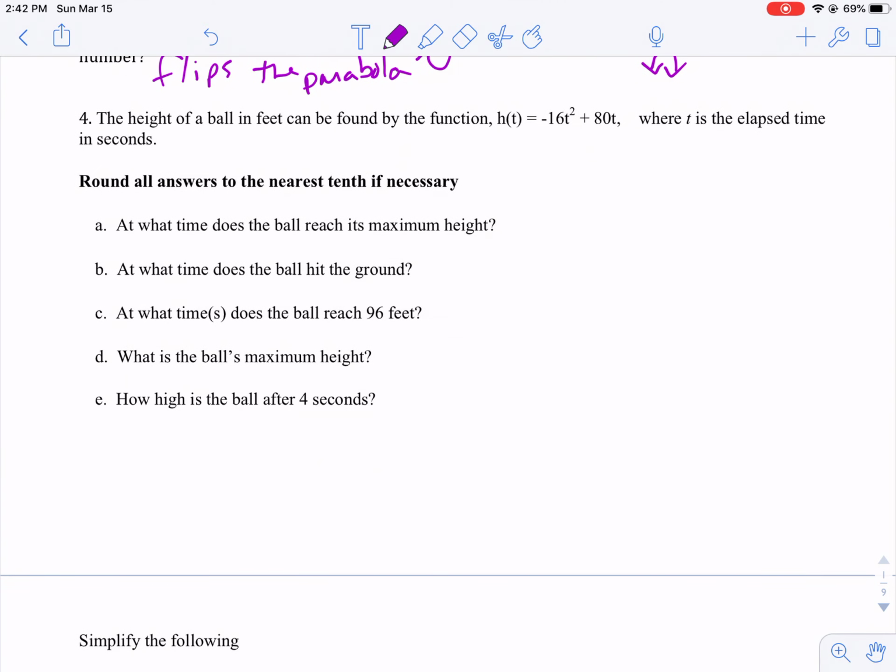All right, number 4, the height of a ball in feet can be found by that function. T is the elapsed time in seconds. Round all answers to the nearest tenth if necessary. Well, the first thing we're going to do is hope that all the answers show up in the table, and honestly, they're most likely to on a Regents exam anyway. So we're going to type our equation in, and go get the table, and copy down the table. So I have 0,